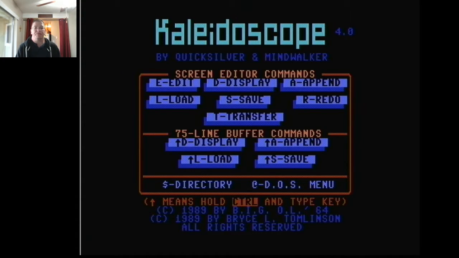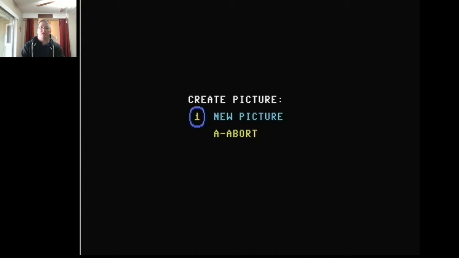So let's get started here. I'm actually doing this on a real Commodore 64, in case you guys are wondering. This is Kaleidoscope version 4.0. This is a program I wrote back when I was a kid. I think I was like 19 when I wrote this version. So I'm going to create a new picture,